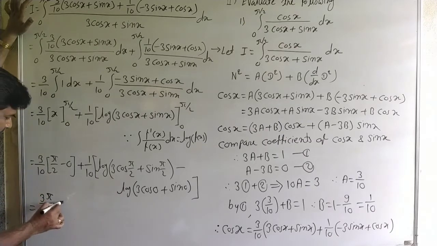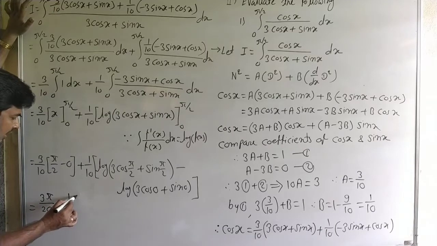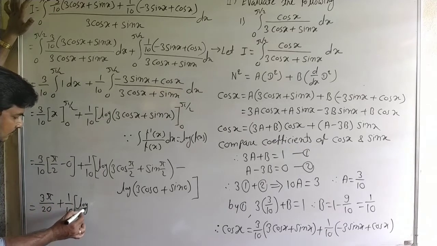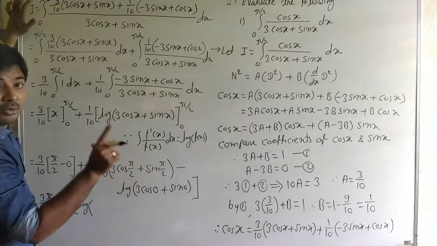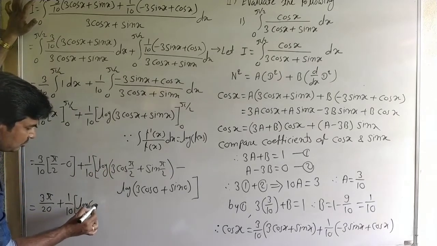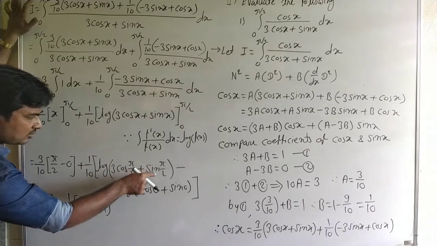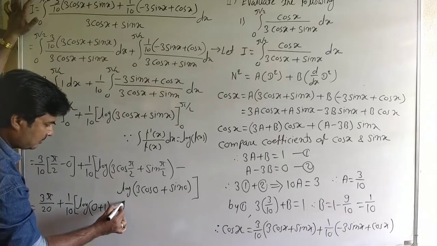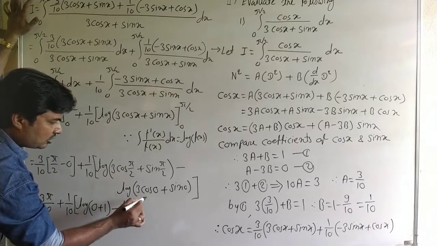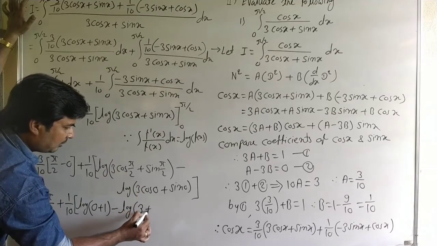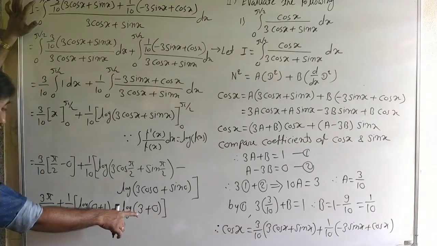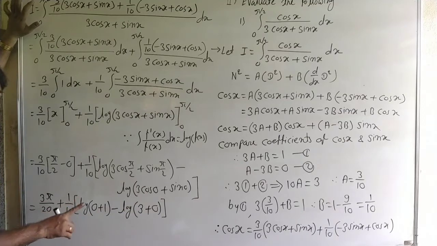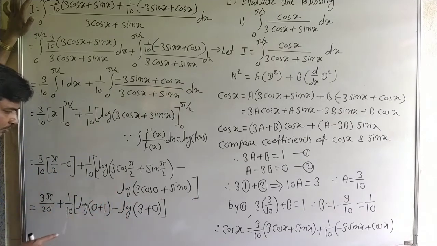3 pi by 20 plus 1 by 10 into log of... here 3 into cos pi by 2, and cos pi by 2 is 0 and sin pi by 2 is 1. So here log of 0 plus 1, 0 plus 1, minus log of cos 0, which is 1, therefore it is 3, plus sin 0, which is 0, and again it is log 1 and it is log 3, and we know that log 1 is 0, so here we can write only minus this log 3, and then the last answer